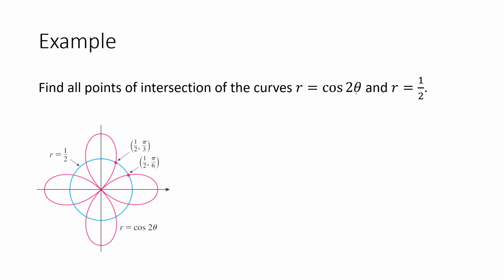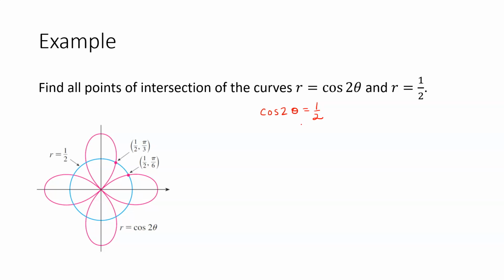First, we can set the two functions equal to each other. And that'll tell us essentially at what angles cosine of 2 theta will equal 1/2, in which case it'll then intersect with this curve r equals 1/2. And well, we know for cosine as a function, it'll equal 1/2 in quadrants 1 and 4